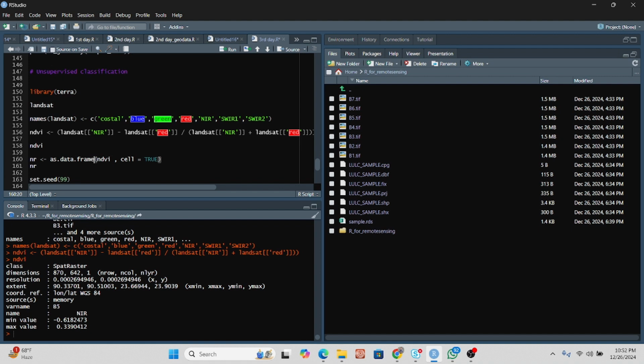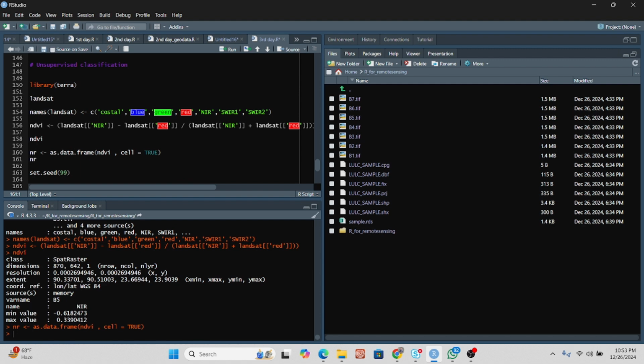This function helps me convert the raster to a data frame. I already made the raster of NDVI, so I convert this raster into a data frame. I simply put the function as.data.frame, call the NDVI, and cell equal to TRUE. And further, if I just run it,